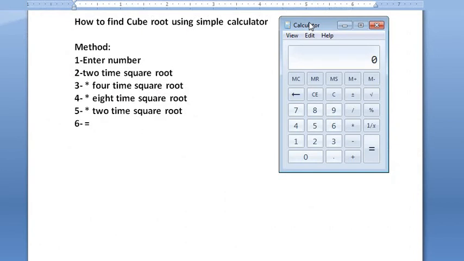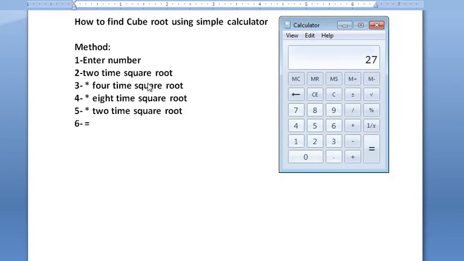So you must be having a doubt how to find the cube root using a simple calculator. So I am going to show one method. If you don't have anything and just a simple calculator, you can use this method. First we need to enter the number. So let us take a simple number, that is 27. Okay, 3 into 3 into 3, that is 3 into 3, 9 into 3, 27. So 3 whole cube is 27. So let me enter this number 27.